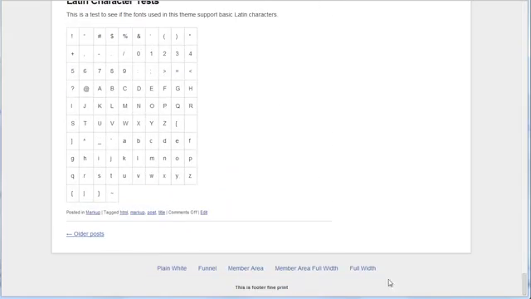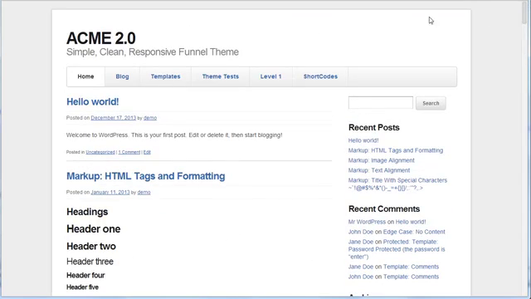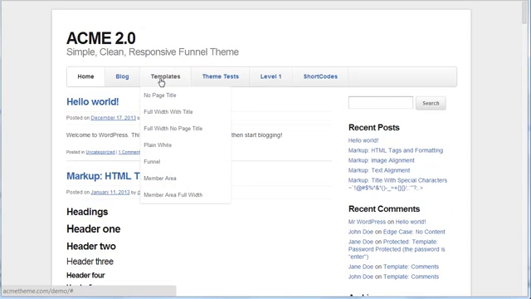You can see that there is a bottom navigation bar here. There's a footer fine print, so you can add your own copyright. Let me scroll back up here. We have different templates. We have a no page title template because a lot of times you just don't want the page title on there. There's a full width with title. There's a full width no page title, a plain white template, and if you like funnels, I see people requesting